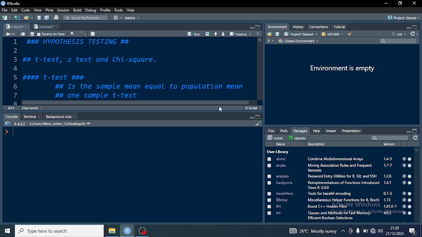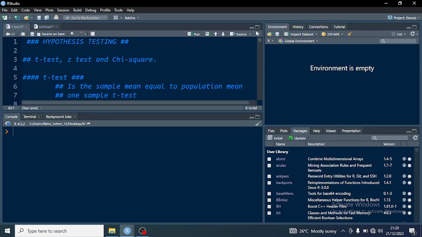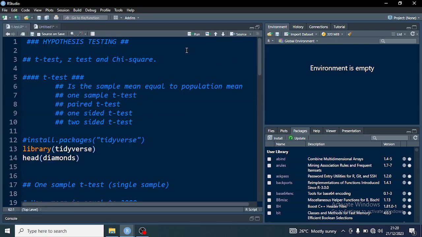Welcome to another session in our series of tutorials in R for data science. And in this session, we are going to look at hypothesis testing. And hypothesis testing is the way science in general works. So we test a certain experiment at a certain alpha value or a certain significance or